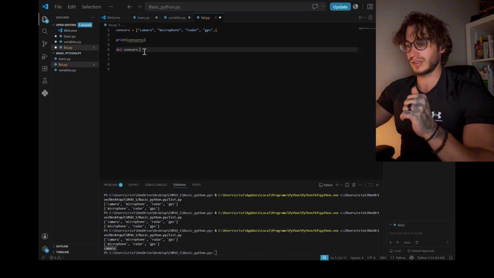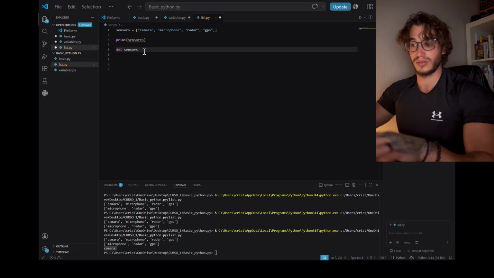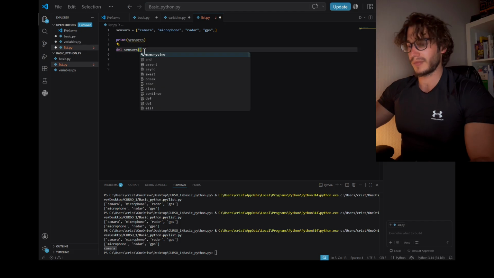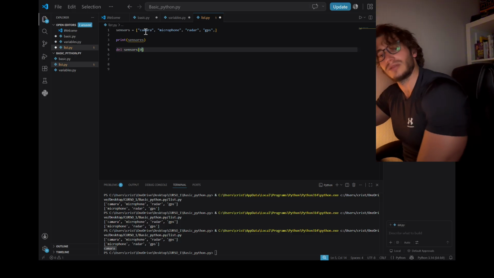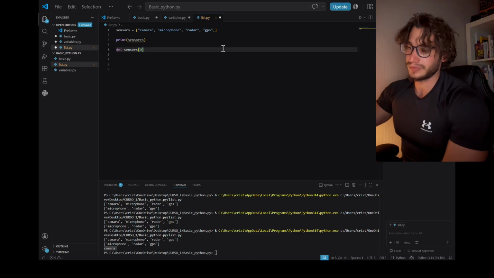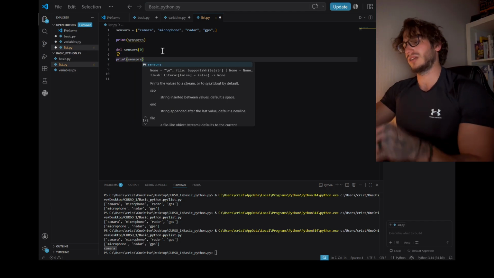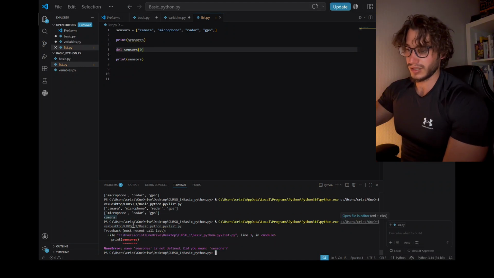Different one. Now this is a list. This is not like a normal instruction word. So from sensors, I want to delete camera again. We're going to delete the camera. And camera is 0, right? We say the index always starts from 0. So camera is 0. And now we say print sensors again. We print this, and